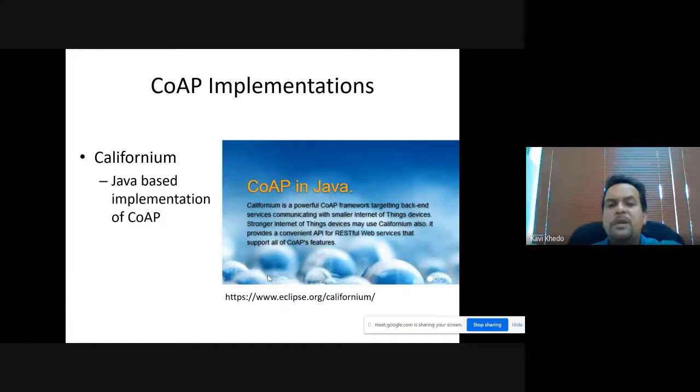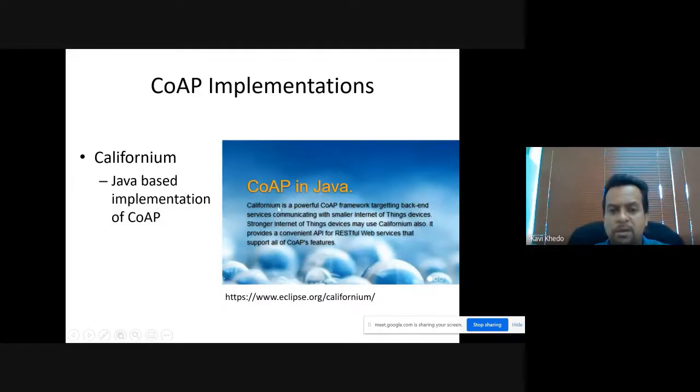Another implementation of COAP. So tomorrow, if you want to program, just like for MQTT there was Eclipse PAHO and we were able to have MQTT implementation there, we have something called Californium. Okay, it's a Java-based implementation of COAP and available in Eclipse. You see, Eclipse is quite a big IDE. It makes provision even for MQTT. There's provision even for COAP. If you want to implement COAP, you can do it in Eclipse. You see the link here,